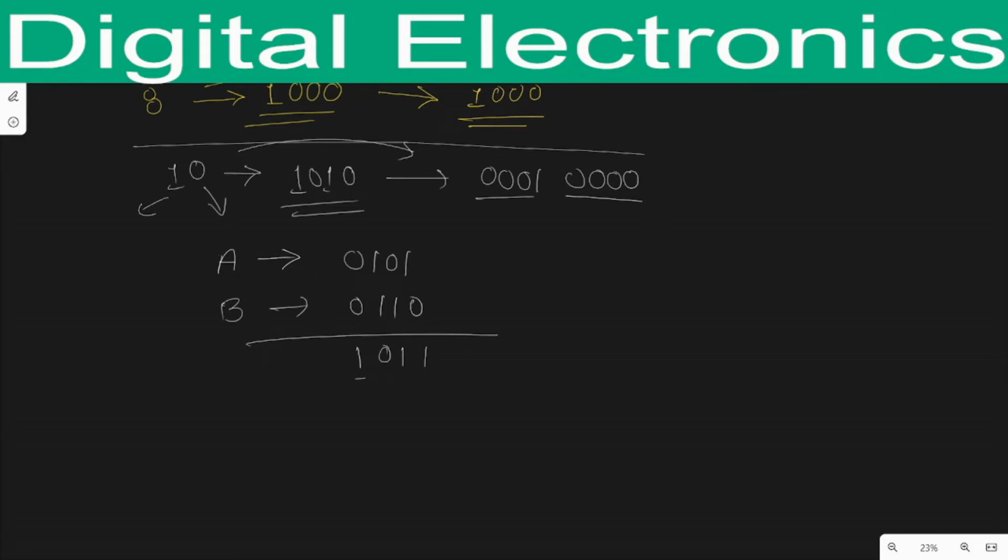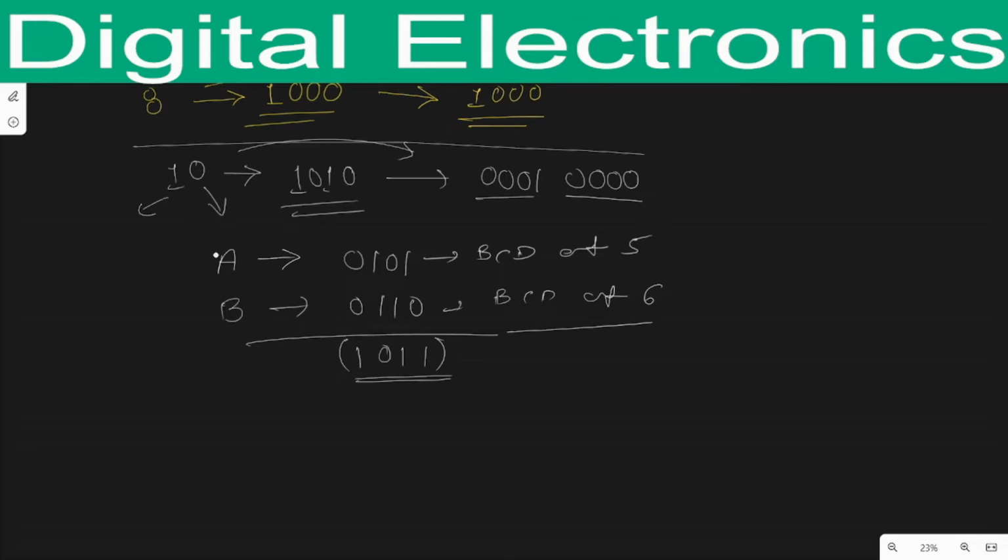So this one is the sum of these two numbers. Okay, this one is the BCD number. This one is the BCD of 5. This one is the BCD of 10. This one is the BCD of 6. But when we add two BCD numbers,